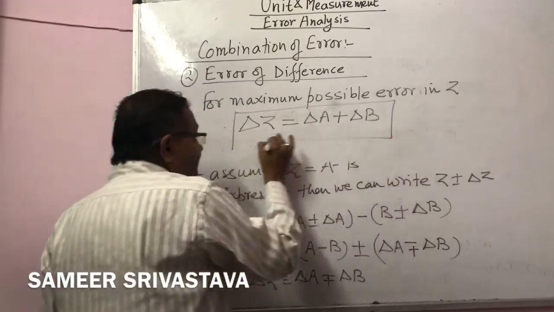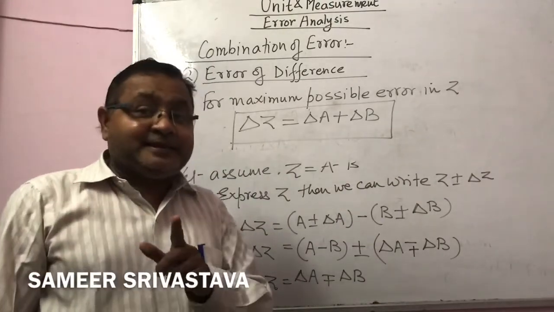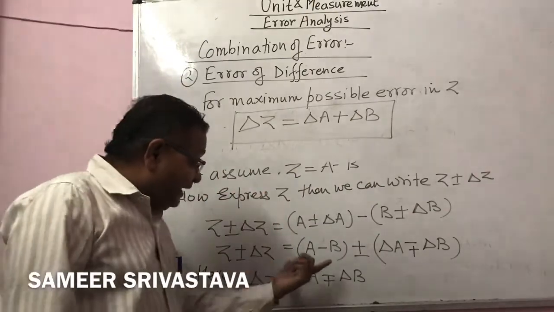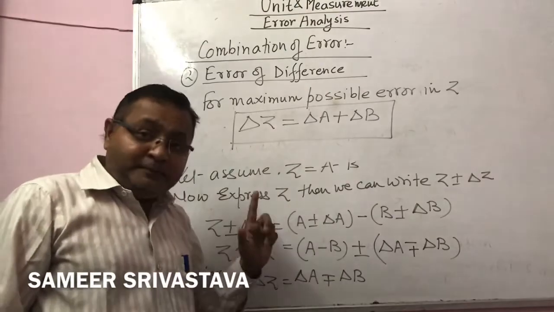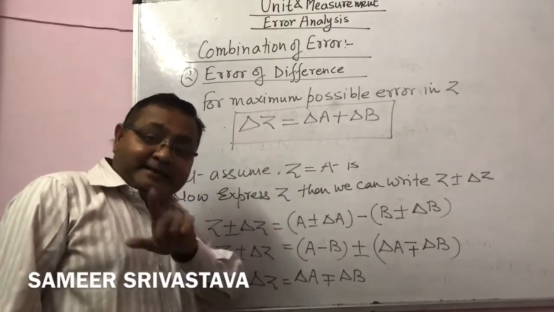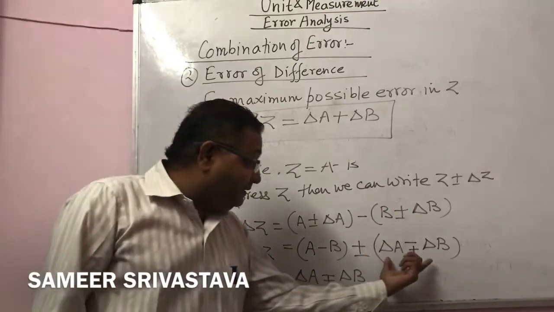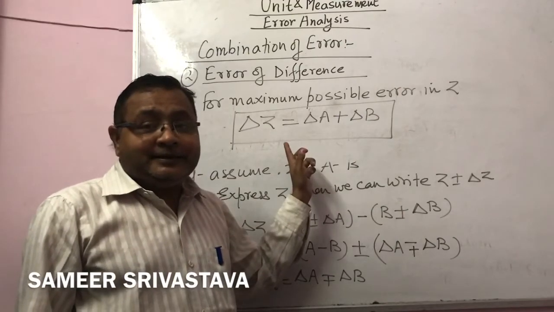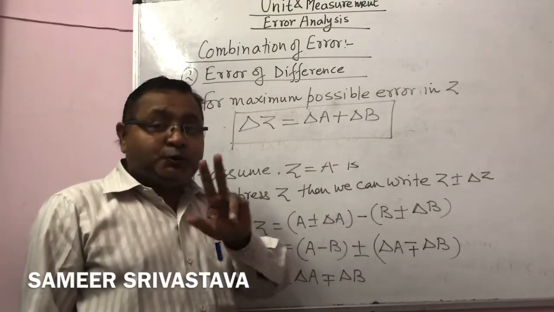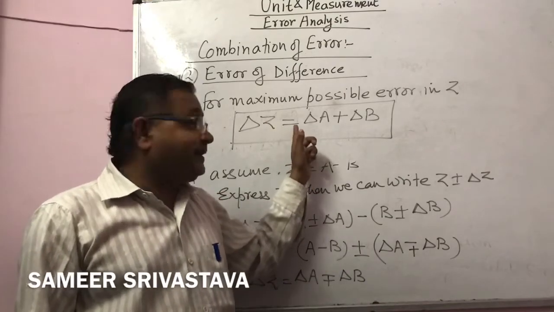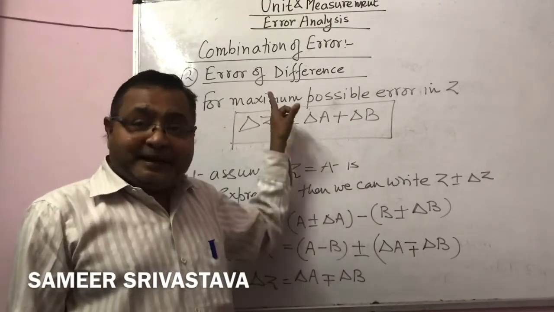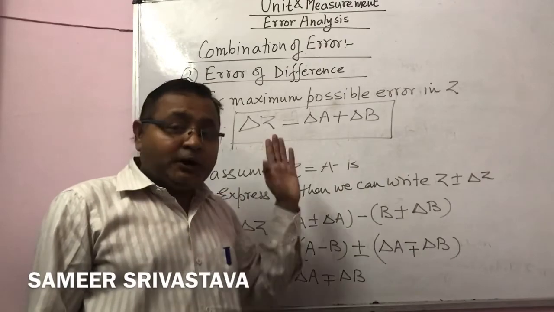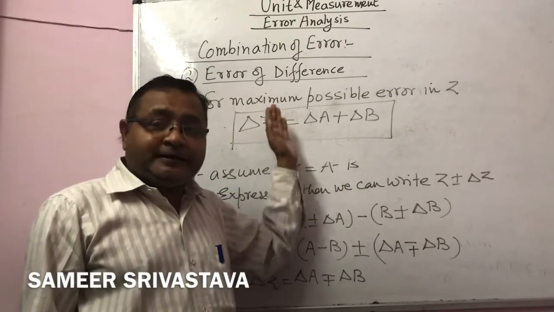So either for the case of addition or for the case of difference, the error values are always in addition form. Whereas the absolute value you can add in the case of sum and make a difference or subtract in the case of subtraction. But the error value is always taken in the form of maximum possible error condition, right? So again in this case, the similar two notes are there. The first note is that in the case of error, we always take the maximum possible condition, and second, always write in terms of absolute error. Okay. Now I am going to take another example to explain it again.